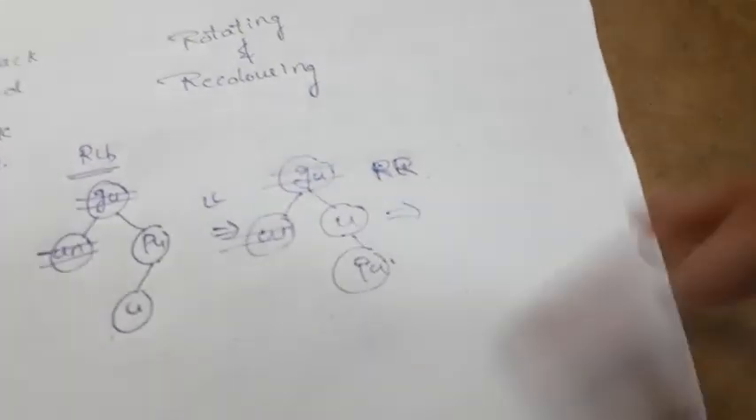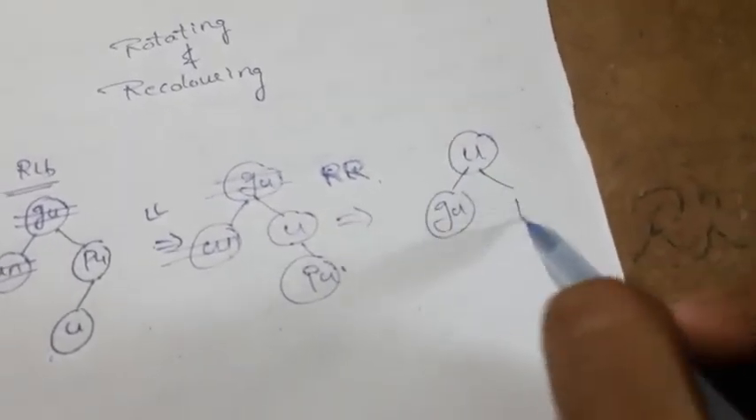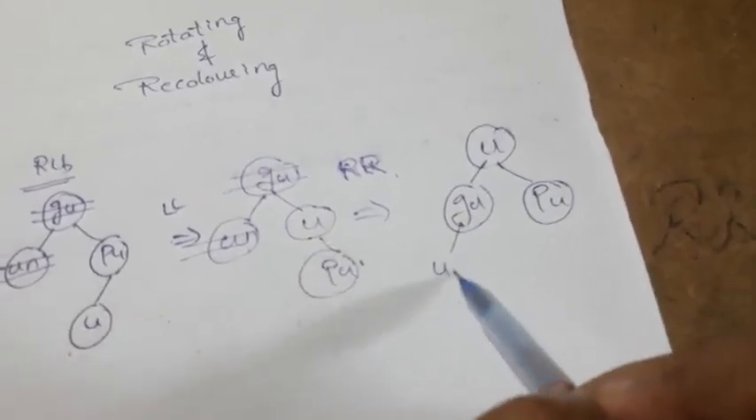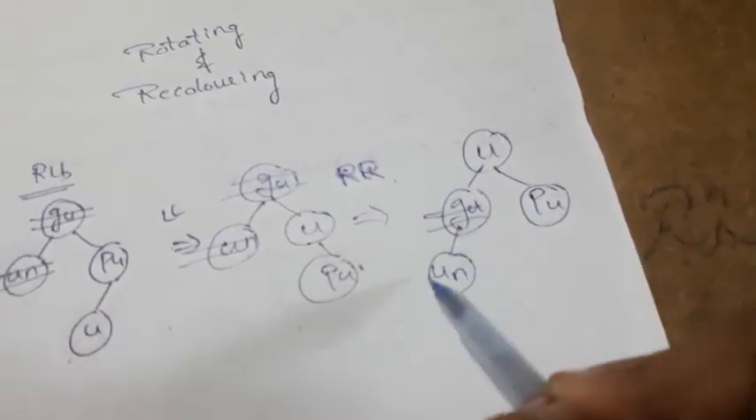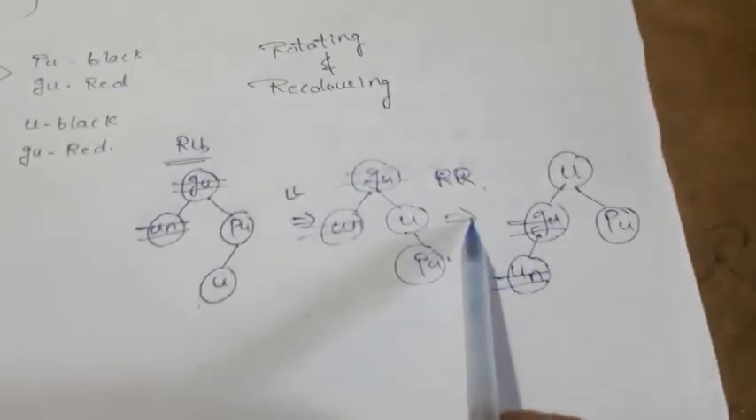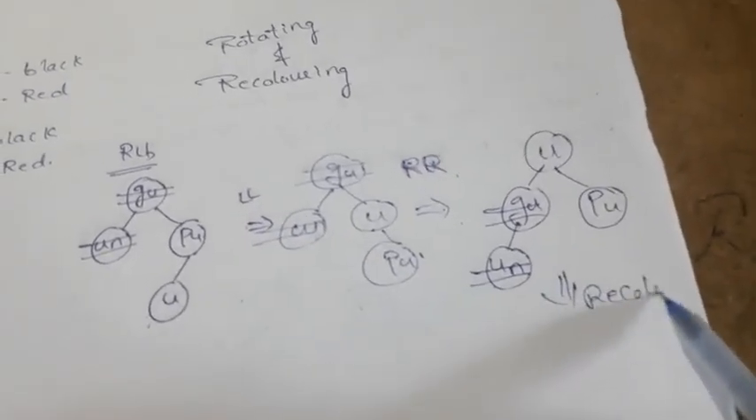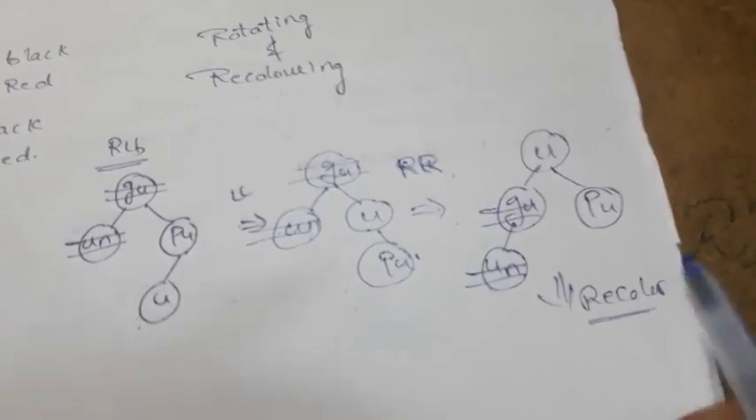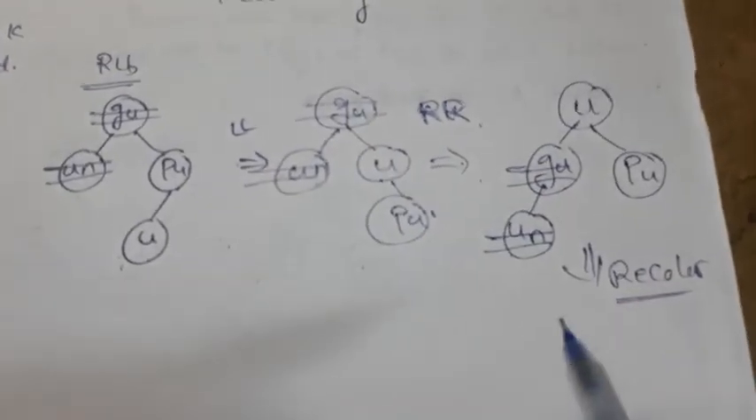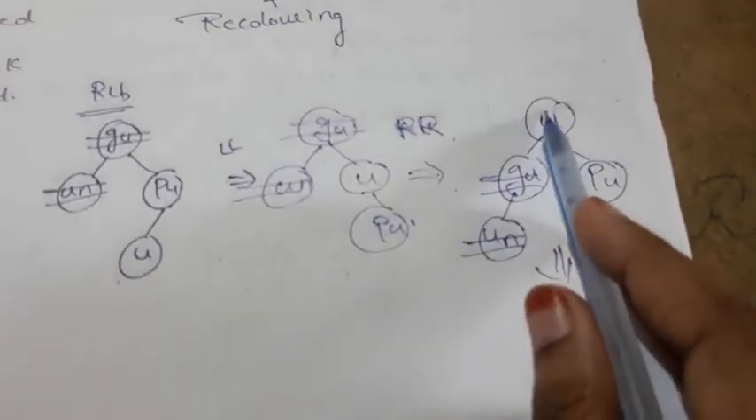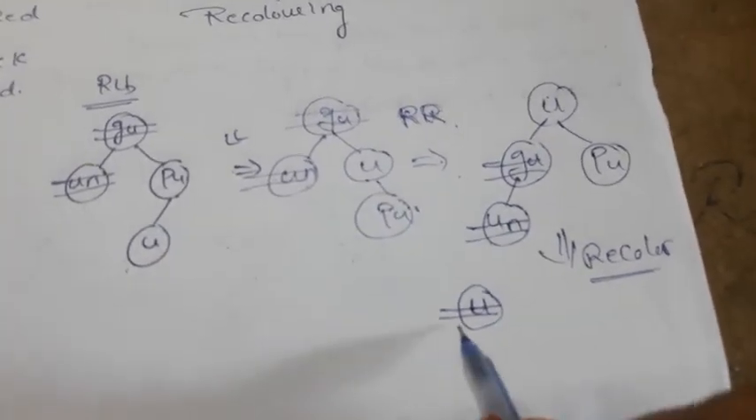Simply like this. It means U, GU, PU and UN. I will retain these colors as they are, GU is in black and U is in black. So I have completed both the rotations. Now I have to recolor. So recolor means I have to change the colors of U to black and GU to red. So I changed U to black